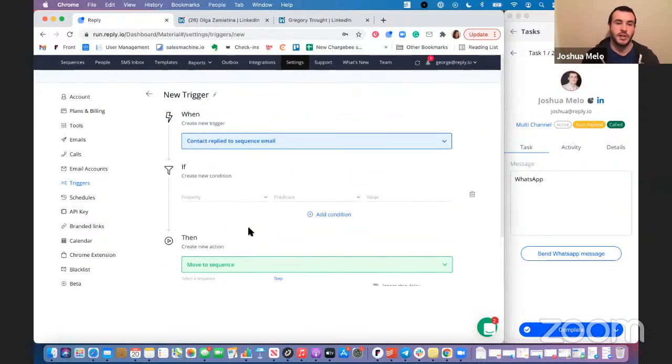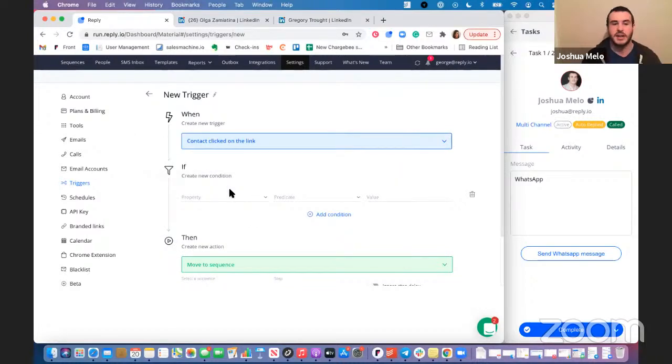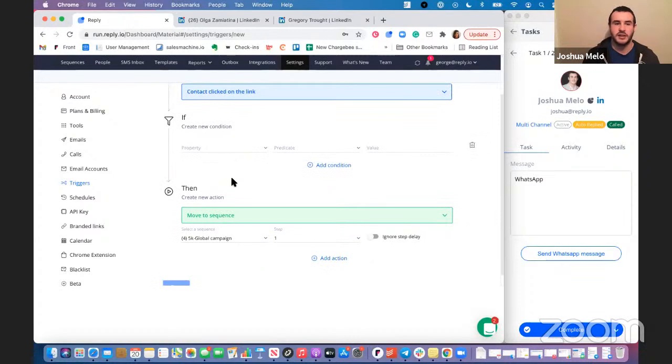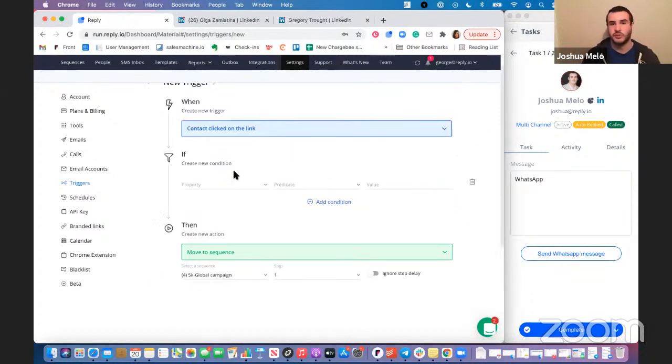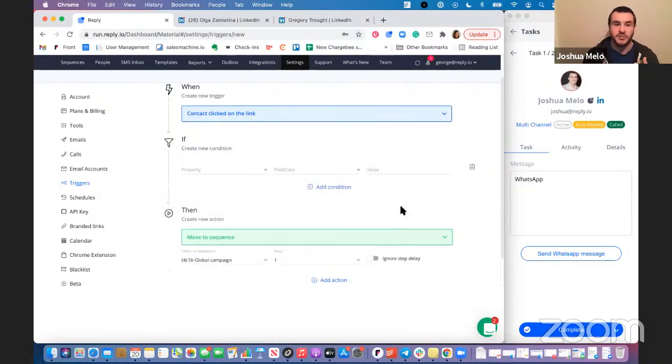I've seen people utilize it for clicks. Again, that's not something that's available for everyone, but here we go. If people are showing that interest, if they are clicking on some of your attachments or anything like that, you can capitalize on that, move them to a follow-up that's been customized to capitalize on that type of engagement, as opposed to just writing something very generic and, again, hoping for the best.